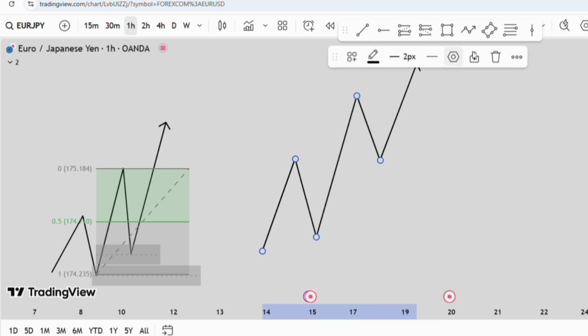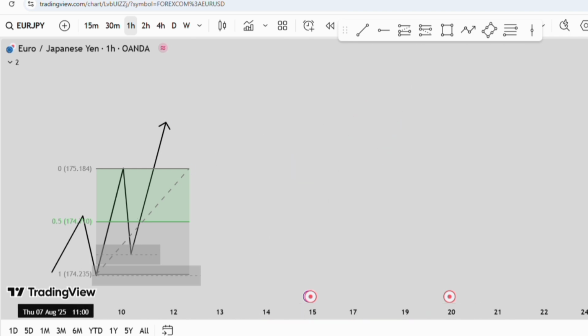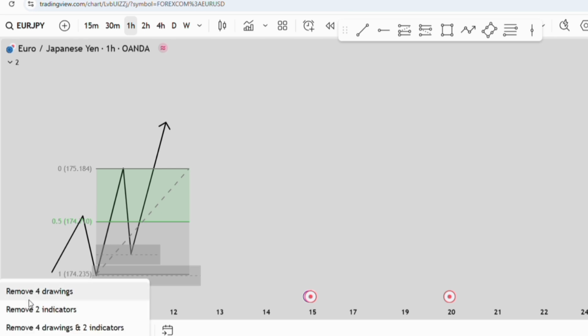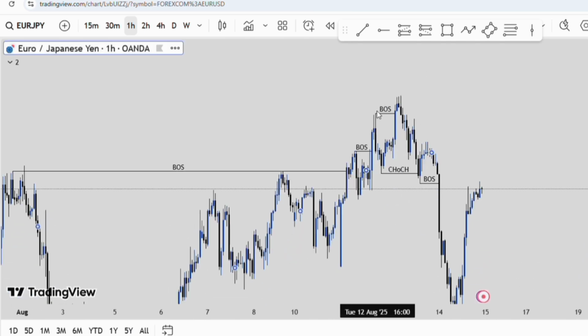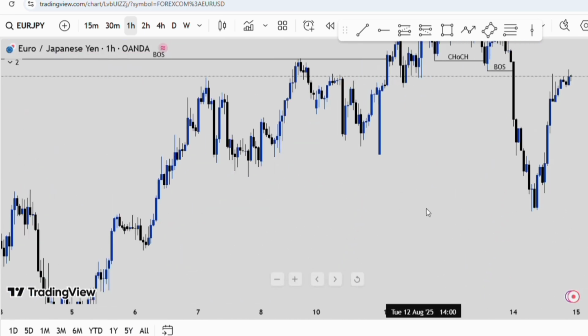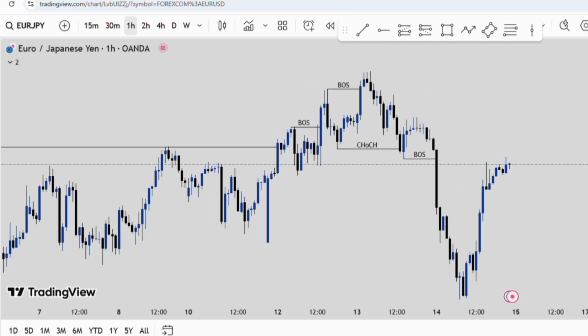So the number one thing you should be looking for in marking out your order blocks is to find a valid break of structure before you mark out your order block. Now, let's dive into the market for a real life example. Now, when looking at this, you can see